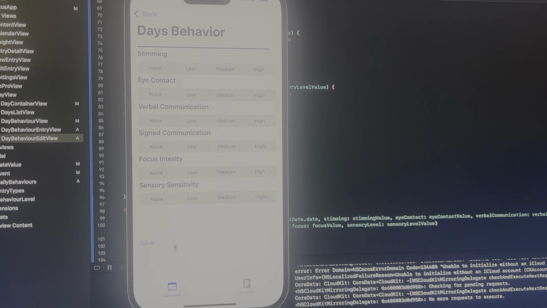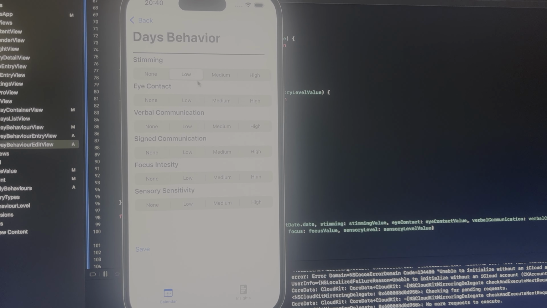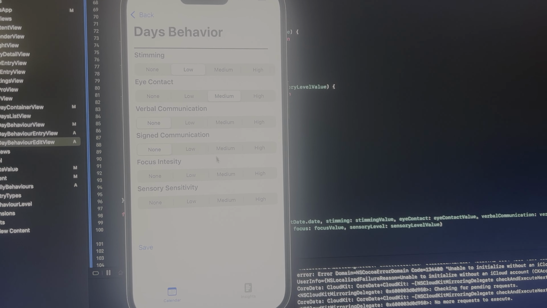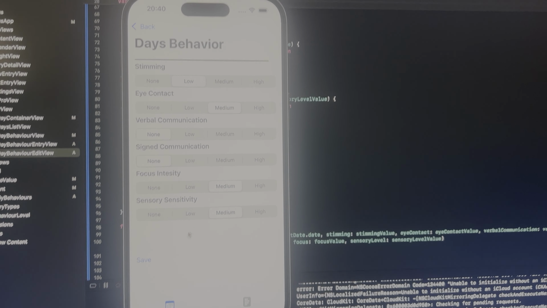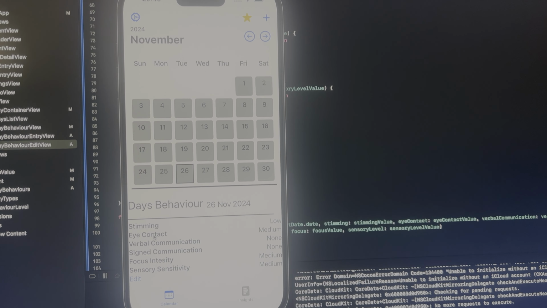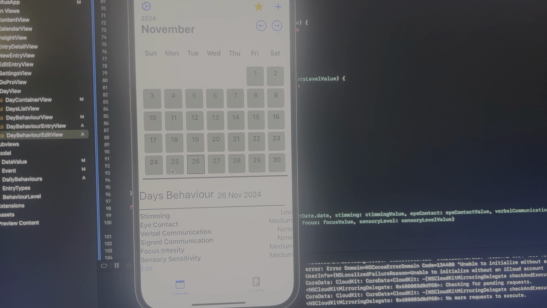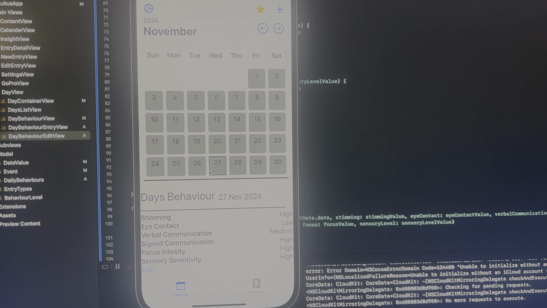So if we add behavior, it now goes to a new screen where we can select what we want. There was none, and then the other two are medium. Perfect. We press save. It saves it, and now it displays like this, which I think is quite cool. Now you can do two things. So first of all, let's just show